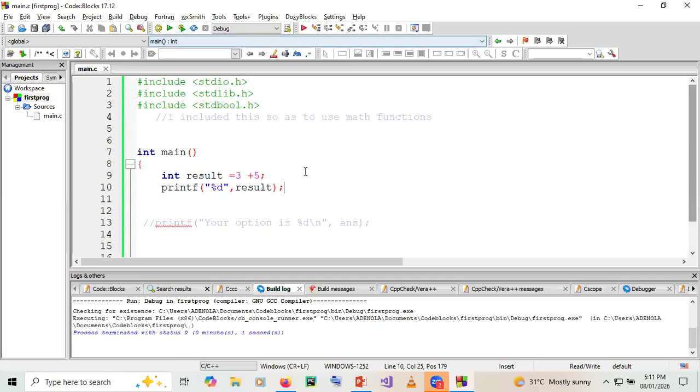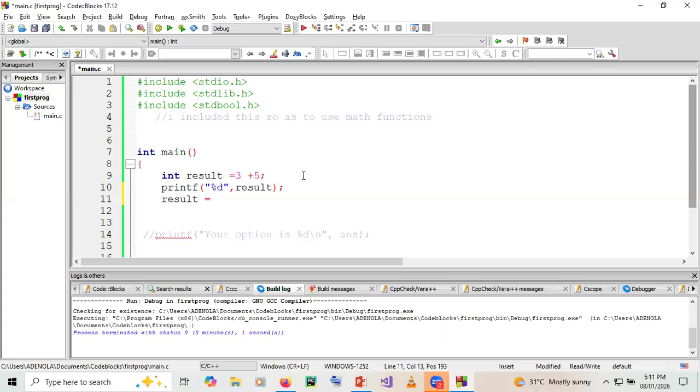That's 8. I can later reuse that variable and say result equals result times 5. It means the former value of result times 5 should now be assigned to the new value. So remember, our result is 8. 3 plus 5 is 8. 8 times 5, that's 40. So the new value of result should be what? 40. So if I copy this